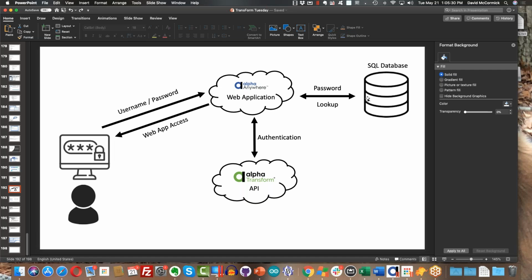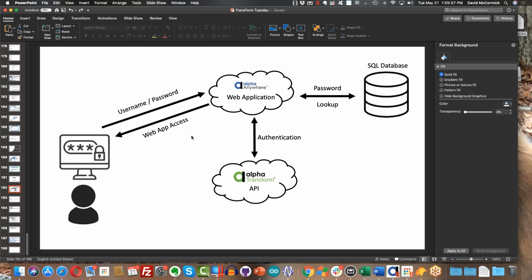Now over here, you probably noticed I have something called a SQL database and password lookup. I'm going to get into that in a moment. And this has to do with Alpha Anywhere's security framework. Because once you have authenticated here, you want them to be logged into your application. And there's a couple of little programming tricks that you can use to make that happen, which I'm going to talk about a little bit later. But let's for now just work on this process, authenticating a user and checking to see that they have the